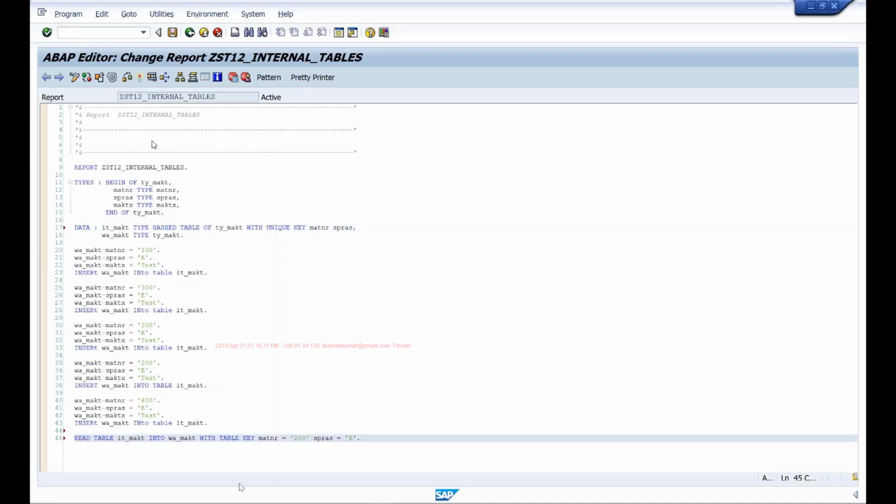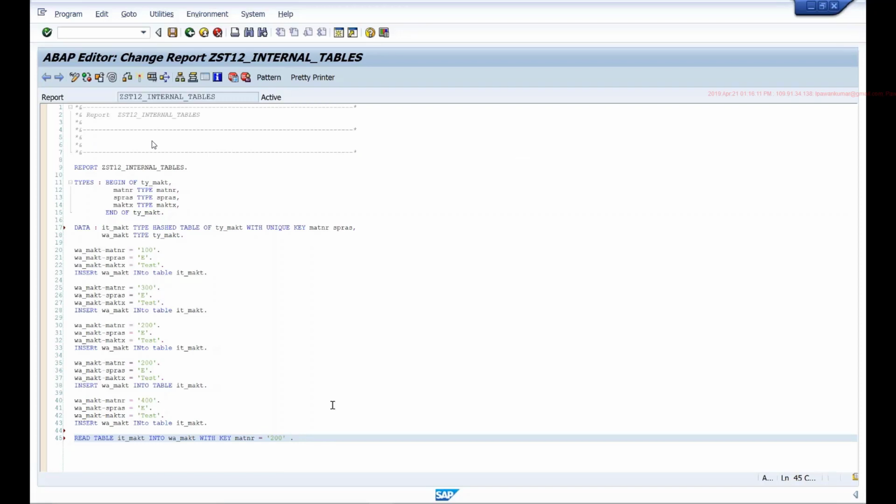Otherwise, if I don't use with table key, if I simply say with key, that we call the free key, then you are not restricted to use the complete key. I can read by just matnr or just spras or both, or I can also include maktx. It's my wish. We are free to use any field, and when you use this free key, irrespective of the type of table, it will always perform a linear search.